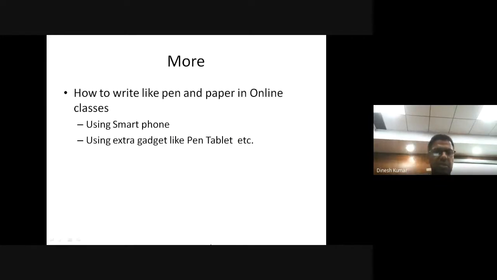I would also like to say two more things, like how to use a smartphone and a pen tablet. I'm not going to show the demo for this because I don't have the gadget, but using this gadget, we can have the feel of writing on the board as we do in the class.